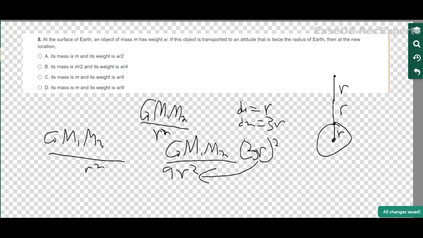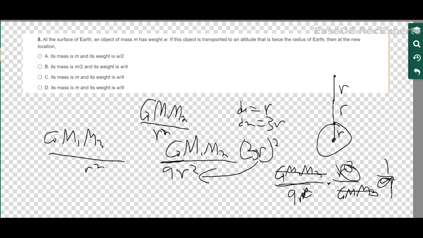Now we would want to divide your second force by your first force, and you would get g m1 m2 over 9r squared times r squared over g m1 m2, because we're taking the reciprocal. So we can cancel this out, cancel the r's out, so we'd get 1 over 9